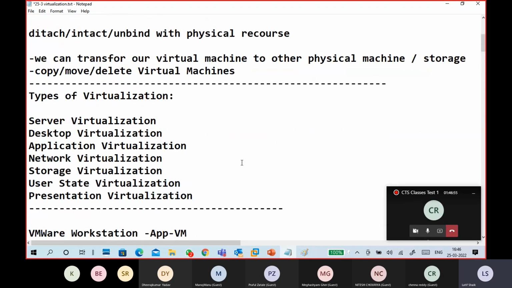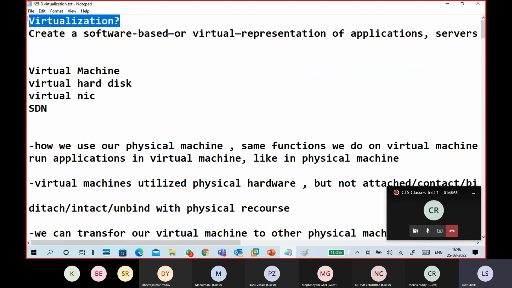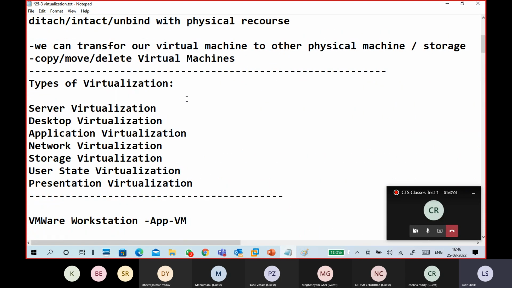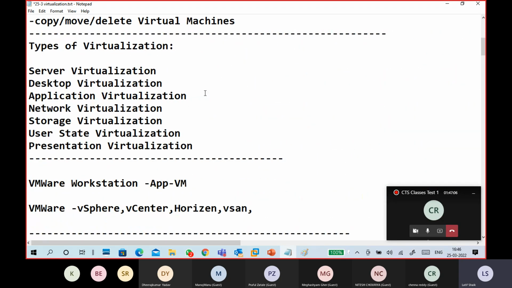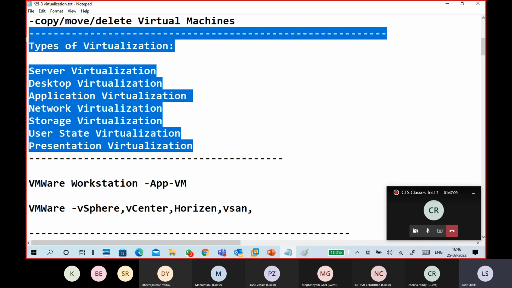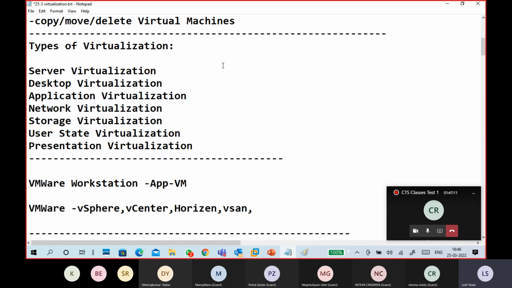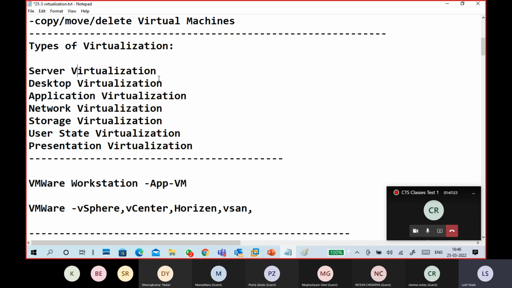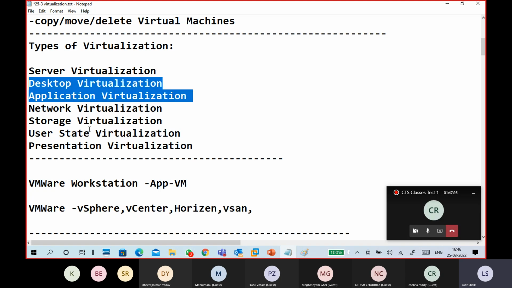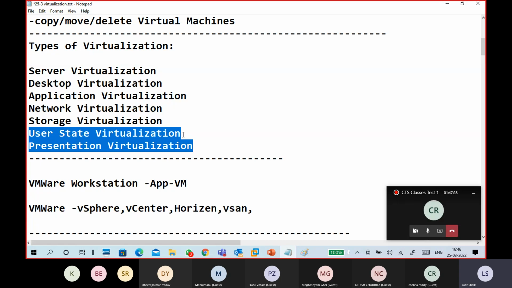The first question is: what is virtualization? Second question: examples of virtualization, the different types you know about. Third one is types of virtualization. At least you have to tell five virtualizations: mainly server, desktop, application, network, and storage virtualization. Desktop virtualization, application virtualization, presentation virtualization and user state virtualization were covered in one short